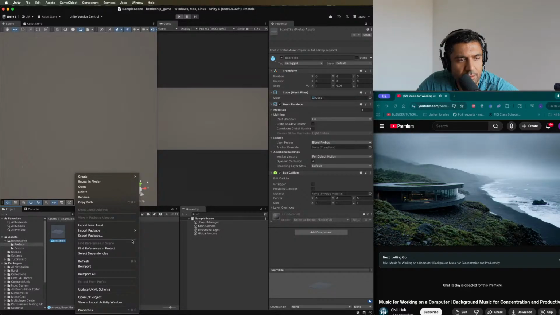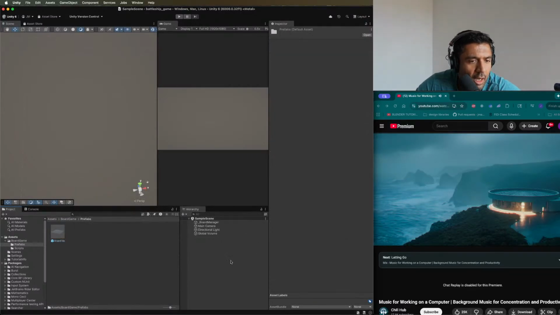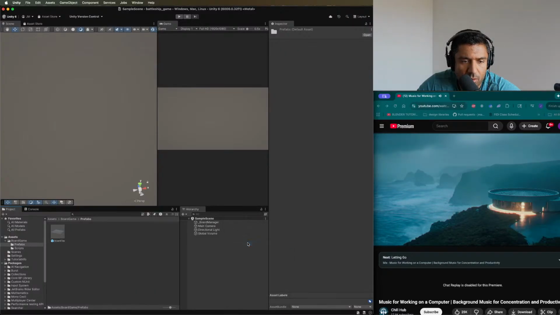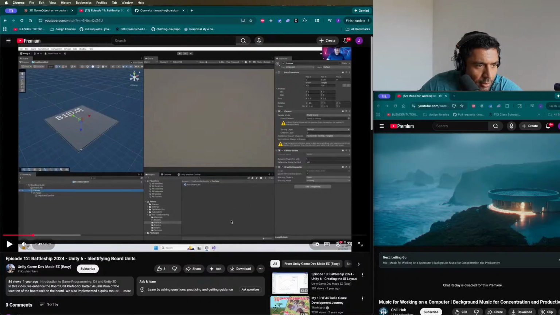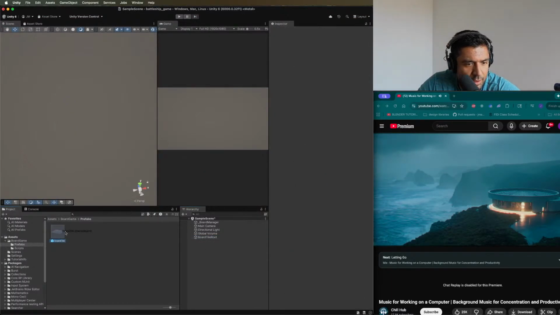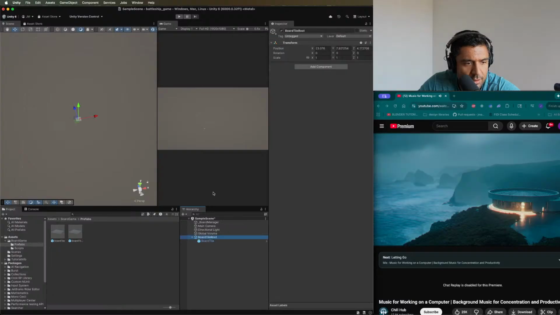How do we do that? I know I can create an empty game object. We can call it board tile root, or what does he call it? Root board tile. I would rather call it board tile root. And then inside of it, I can do this, right? And then I can do that. I think that's what he's done. So